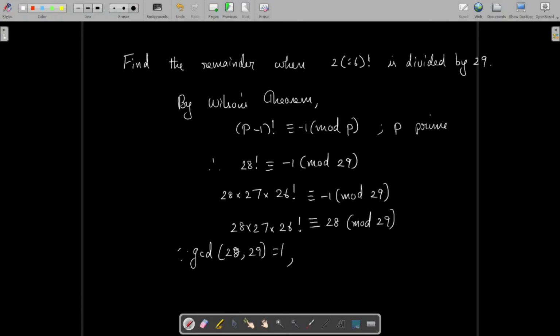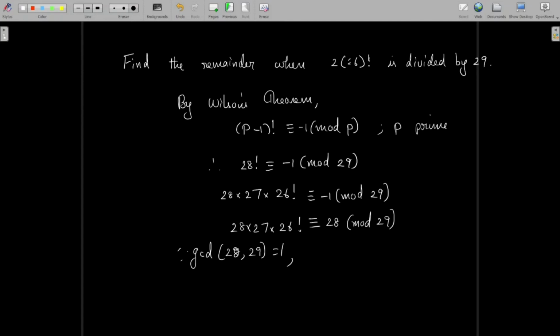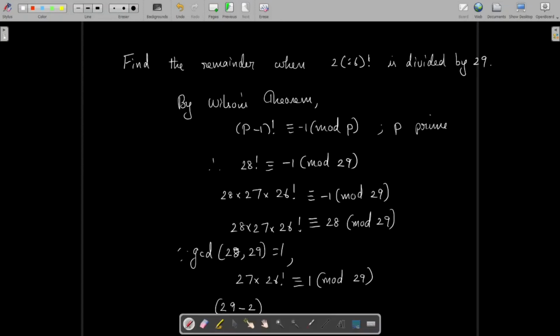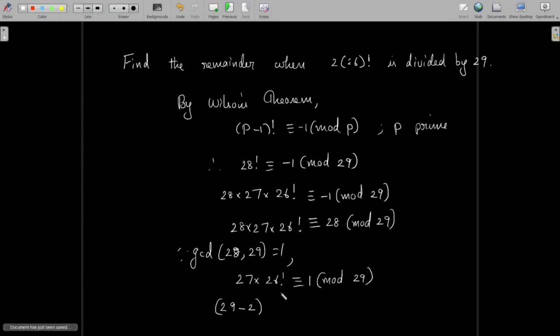We may cancel the term 28 from both sides of the equation and you may write 27 into 26 factorial is congruent to 1 mod 29. Now 27 can be written as 29 minus 2. We are expressing the term 27 in connection with 29. So we have 27 equal to 29 minus 2. So we have 29 minus 2 into 26 factorial is congruent to 1 mod